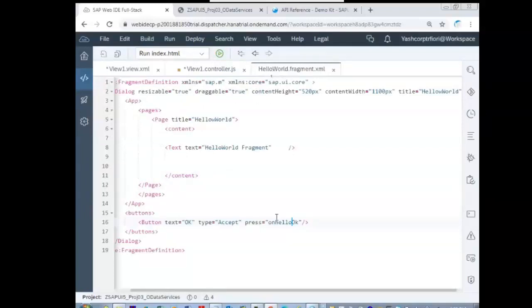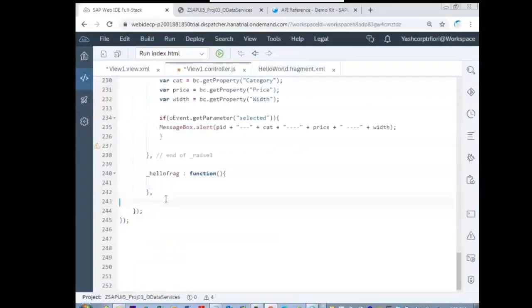So that OK button is here, onHelloOK, because view1 is calling this fragment. In this corresponding controller only we have to handle the events, because hello world.fragment.xml does not have a controller of its own. That is what the fragment definition is. So I'm sharing this fragment to this view1.view.xml. To this controller only I need to define any events inside this hello world.fragment.xml. That is why I'm writing here onHelloOK.